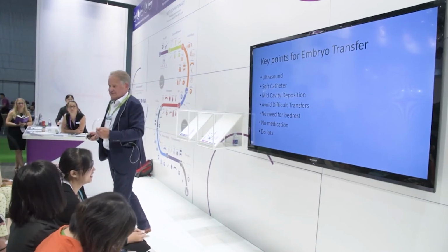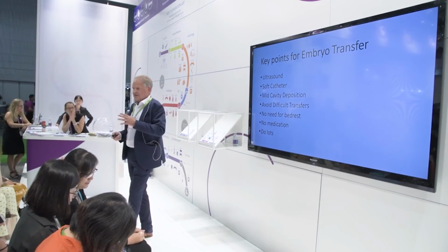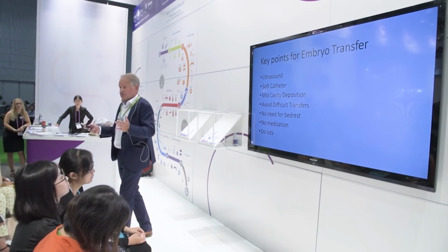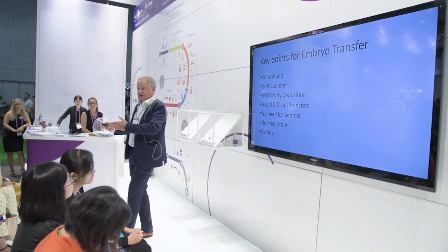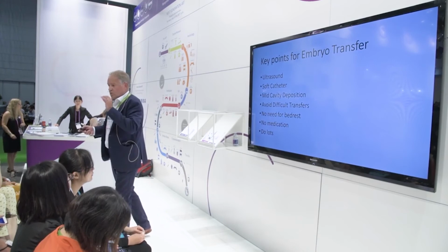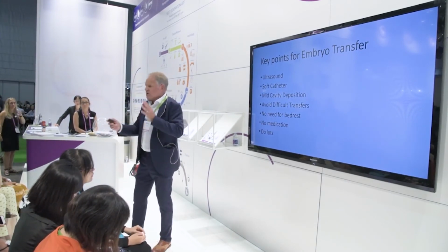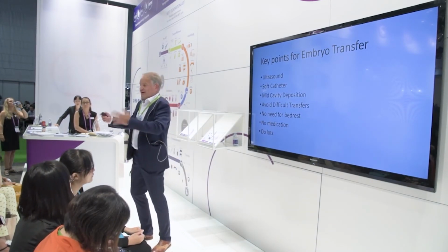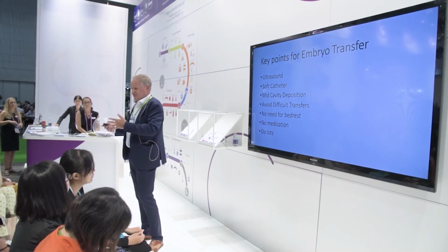We want to avoid unforeseen problems, so I think it's good practice nowadays that we practice our embryo transfer on our patient before they arrive in the embryo transfer situation. So we have an idea what we're going to encounter. And I know lots of people would dispute that and say, well, if you do a mock embryo transfer in the cycle before, the environment, the circumstances might have changed when it gets to embryo transfer. I find that difficult to